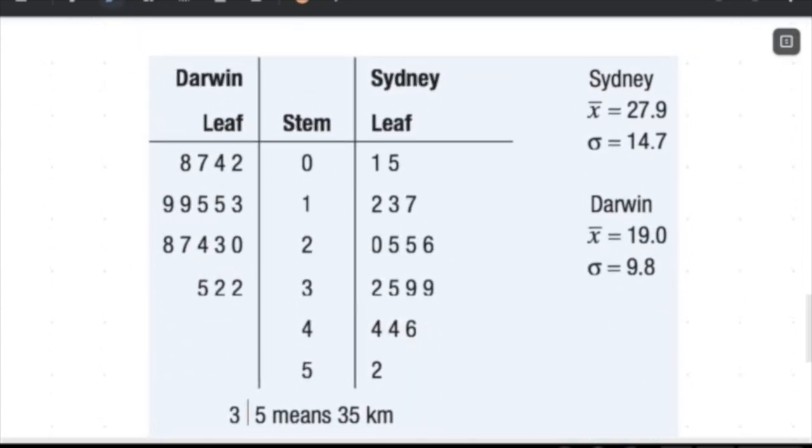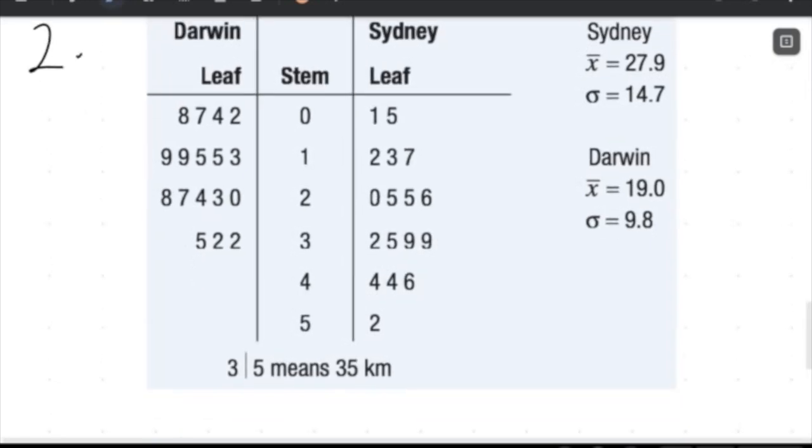So this is some data. This is just a question from a textbook, but this shows the distance that 17 people in Darwin and Sydney travel to work. These are just two cities in Australia, where I'm from. And this is a back-to-back stem and leaf plot. We've looked at these before,